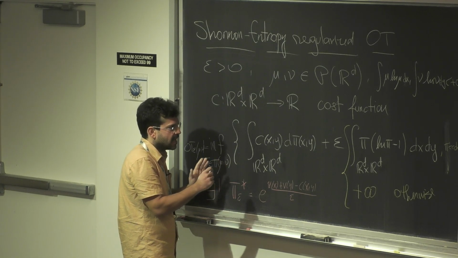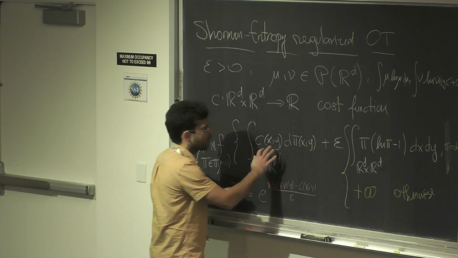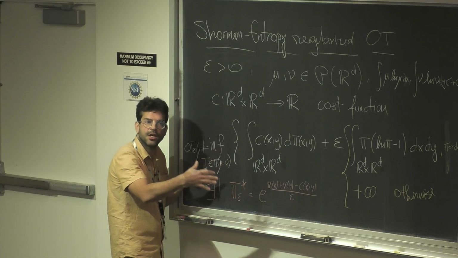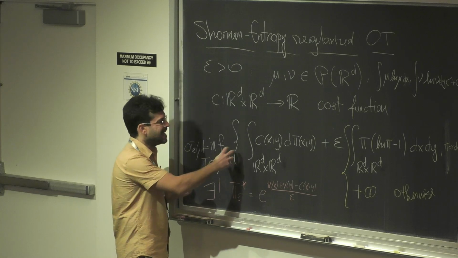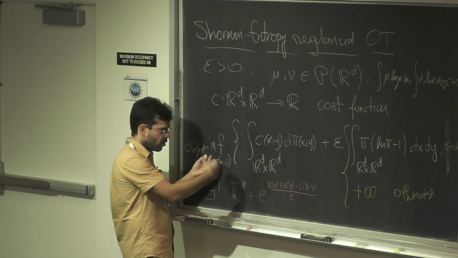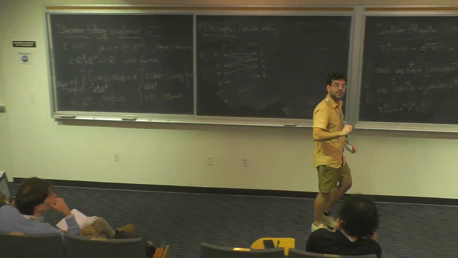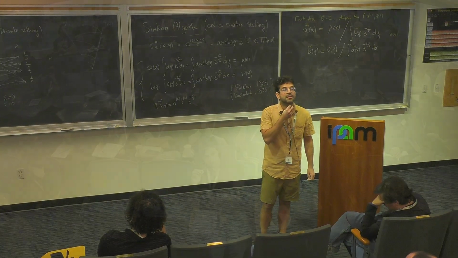Like what happens in the classical case when epsilon equals 0. No, you can have a C that is very unbounded, but you need to assume that mu and nu have finite second moments, so they decay a little bit nicely. So it's less about convexity and more about this type of interplay between C, mu, and nu, no? Yes, sorry. Again, it was my question from yesterday.